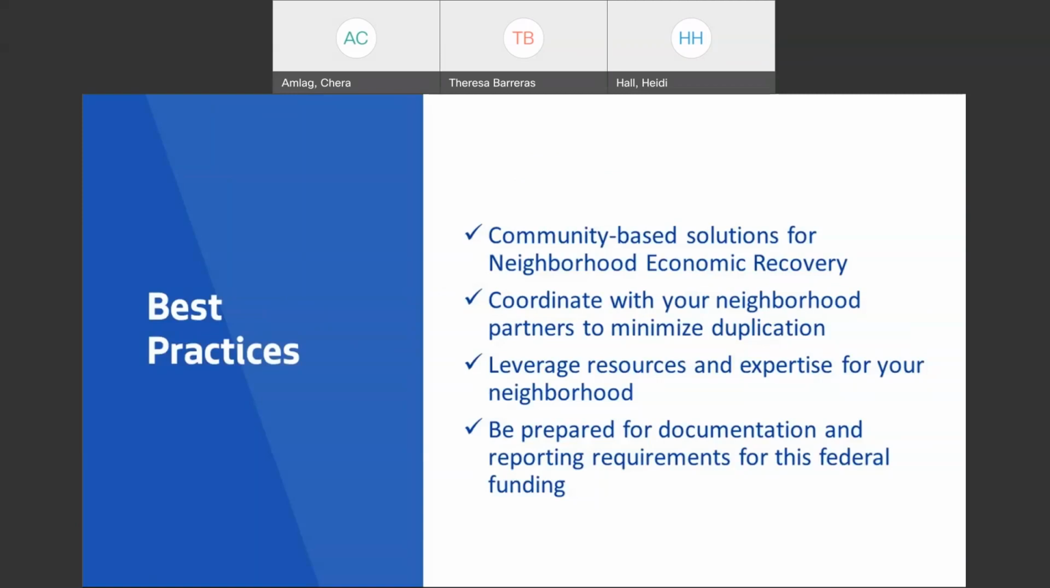I just wanted to touch quickly on a couple of best practices as we're thinking through a lot of our projects. So again, the intent of this funding is to support community-based solutions for neighborhood economic recovery. Communities, you all really know what your impacts have been, what your needs are, and this is an opportunity to really support and get those solutions off the ground to help your neighborhood and your community members and businesses recover